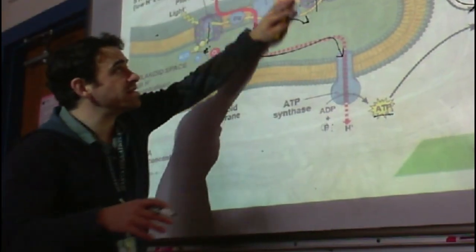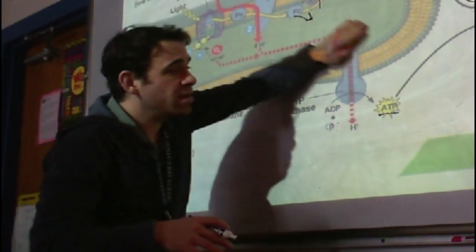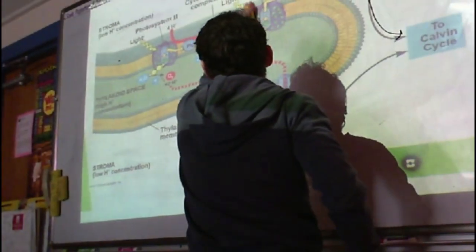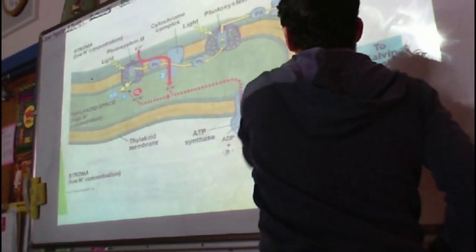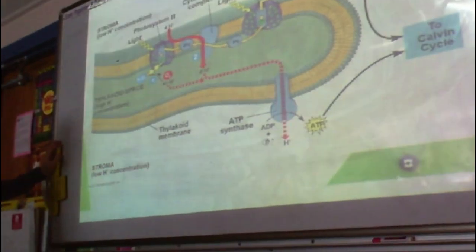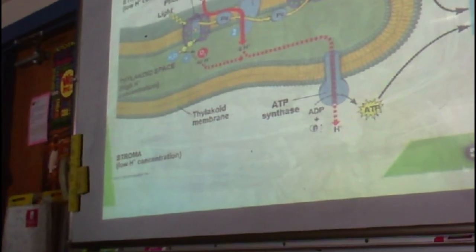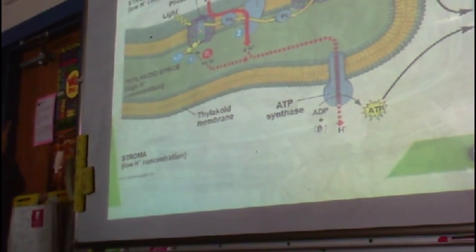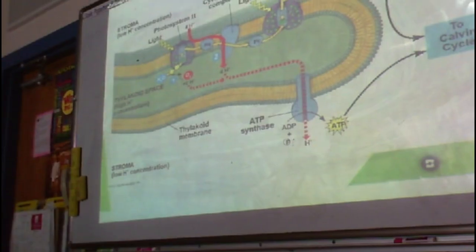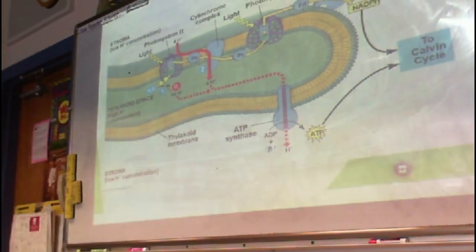But that sunlight energy has been converted. Water provides the electrons and the hydrogens that are needed, and the oxygen's released because it's not needed in this process. So that was pretty much the other day. Are there questions? Okay, so one thing about this that we have to draw out,